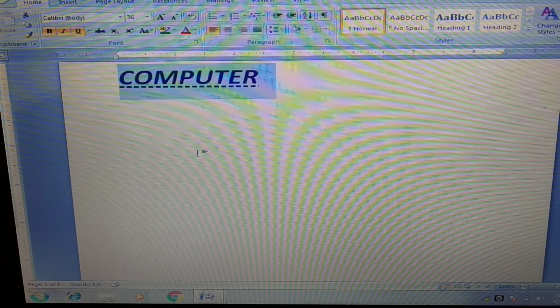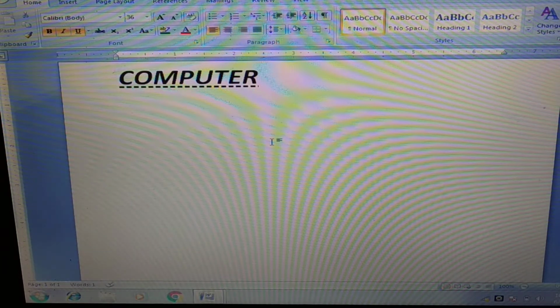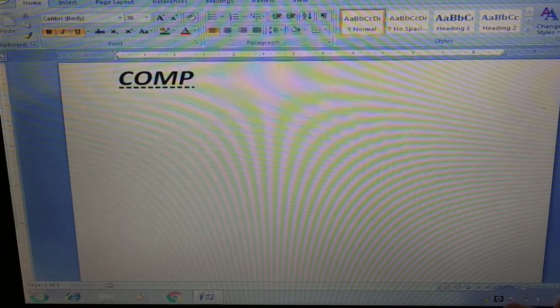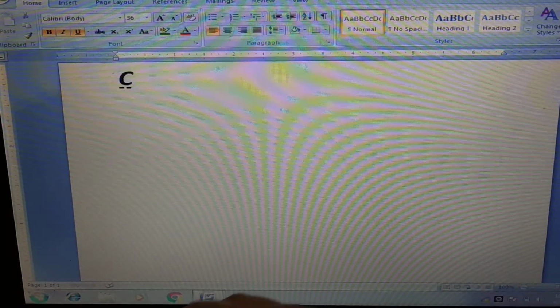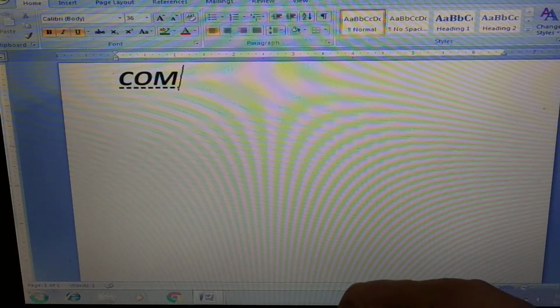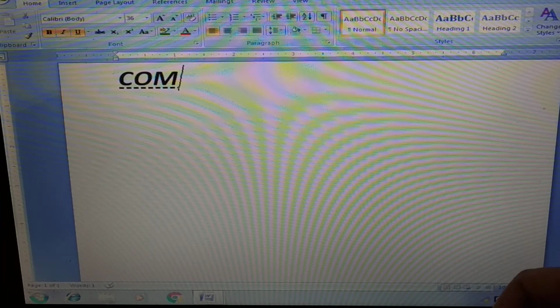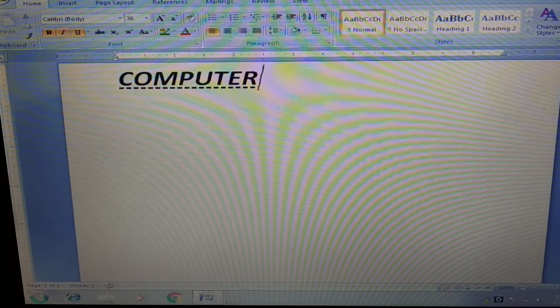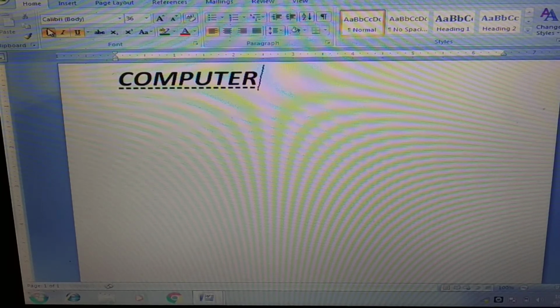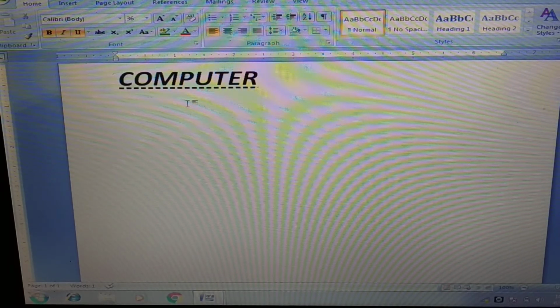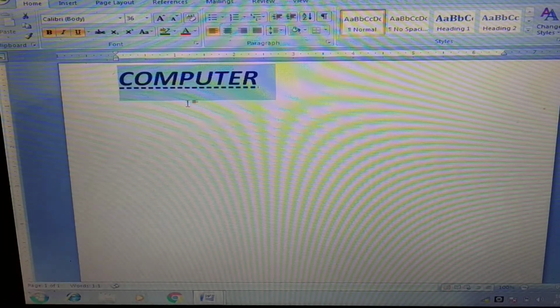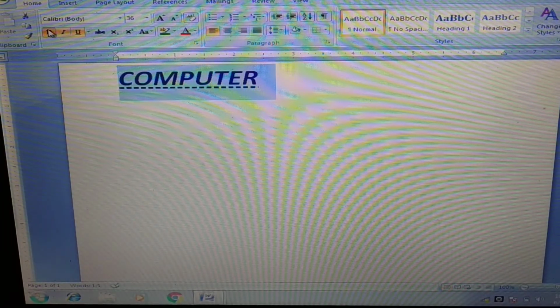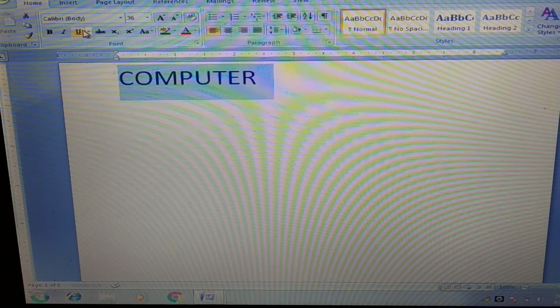You can also apply these changes by using the shortcut keys. Earlier in the previous class, while teaching you cut, copy and paste, I have shown you how to press the shortcut keys together. So you have to press those things together.